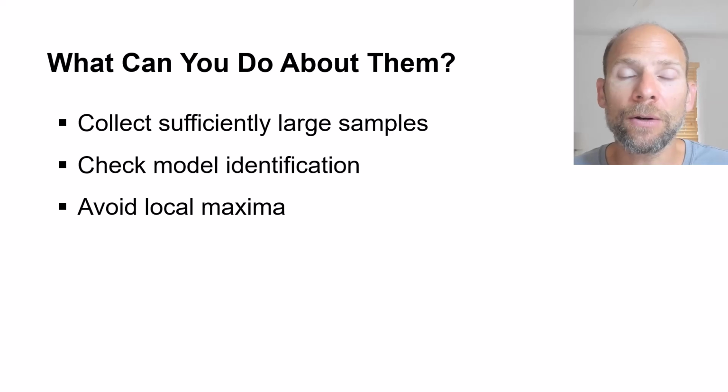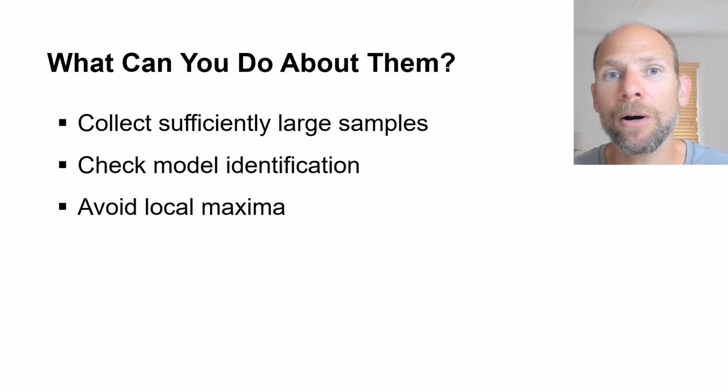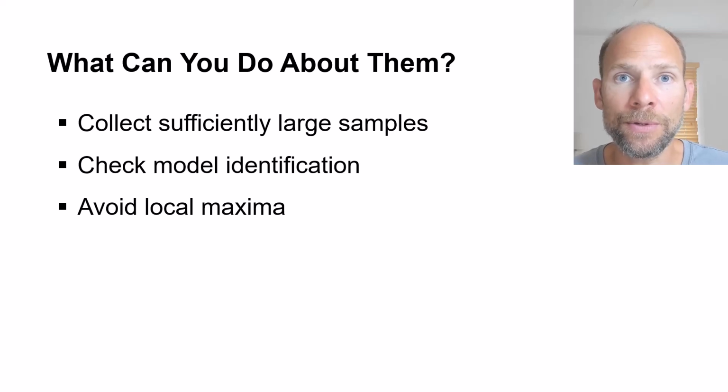Generally, we can avoid local maxima by using a large number of random sets of starting values for estimation in latent class analysis, and most latent class analysis software programs automate this process. So for example, in Mplus, you can very easily use the starts subcommand in the analysis command to increase the number of starts. Also, you can increase the number of initial stage iterations, which can help avoid local maxima. And this is something that is very important to check, that your best log likelihood value can be replicated with multiple sets of starting values